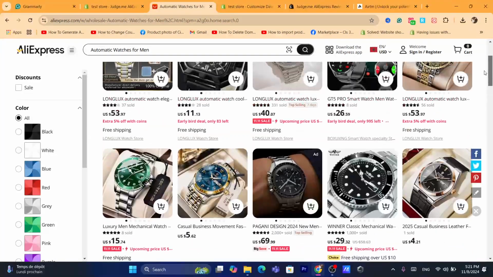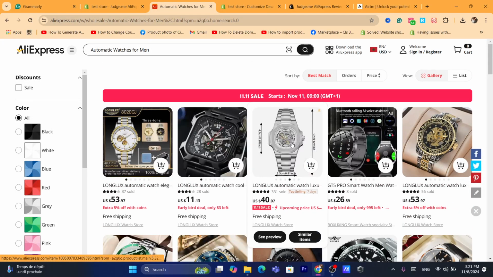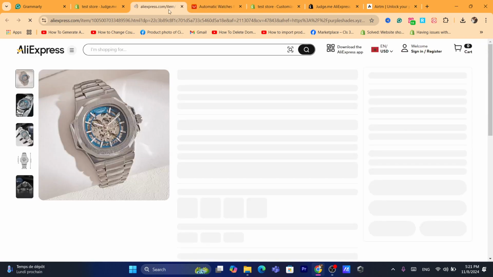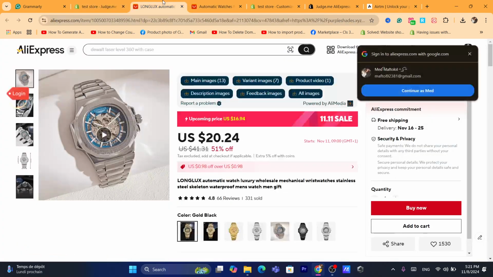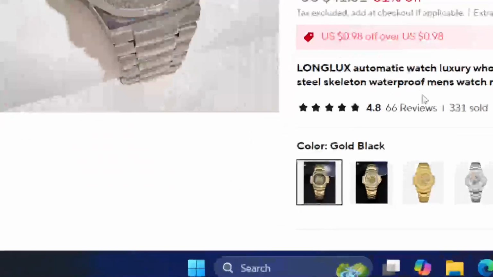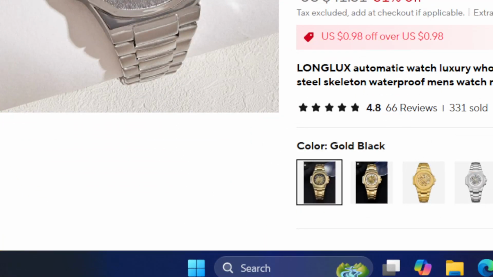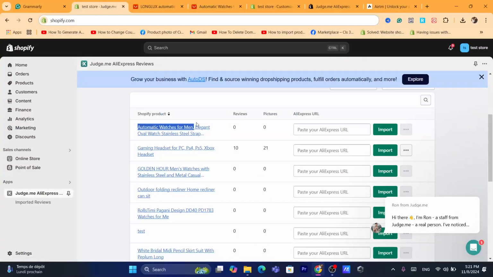I'm going to find that exact same watch, which is this. Okay, just use this as an example. Click on the watch. Okay, so after, guys, you click on the watch, what you need to do is copy the URL at the top. Make sure the watch has some reviews in it. As you can see, 66 reviews. So just right click and copy the URL at the top, and that's all you need to do. And then come back and paste here the URL where it says AliExpress URL, and then click on